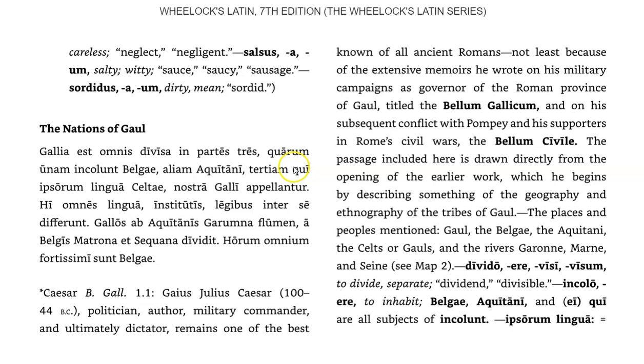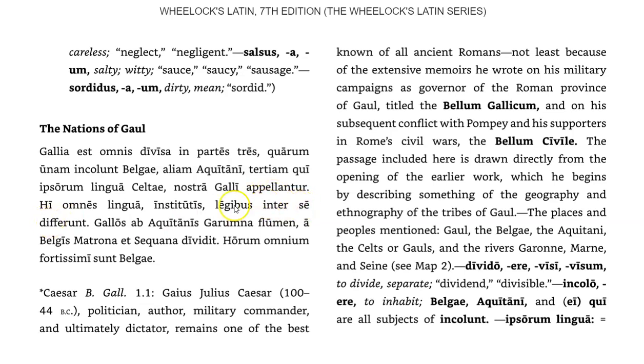A third, who call themselves in their own tongue the Celts. They are called in our tongue, so nostra lingua, the Gauls. So that, which makes this last part a little bit tricky, is that appellantur is doing double duty for these two clauses. All these languages, so maybe we could translate that as languages as well. Lingua means tongue in Latin. All these languages, institutions, laws differ